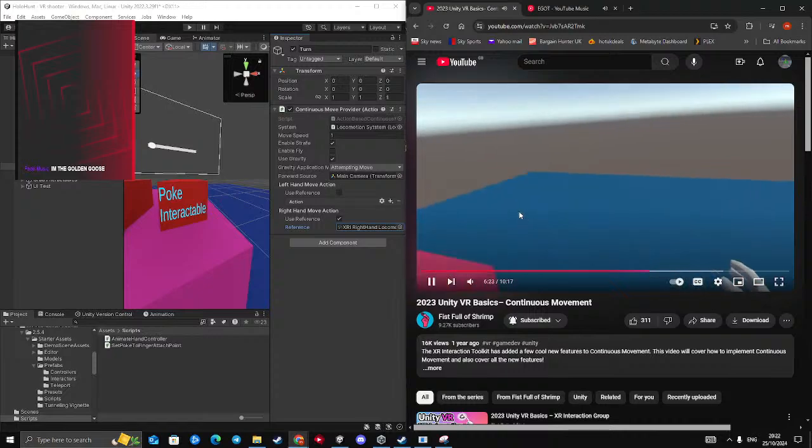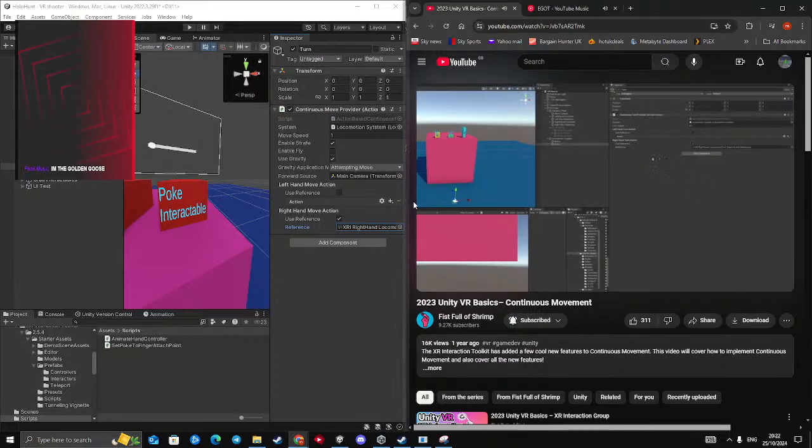To turn to my right and my left. Coming back to the editor, if you thought that was turning a little too slow, you can change the turn speed here, and then